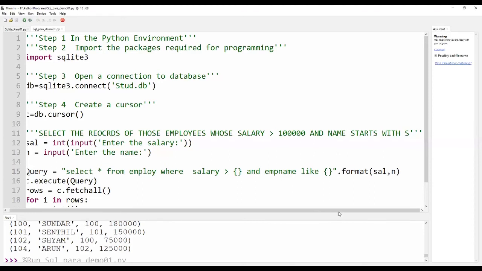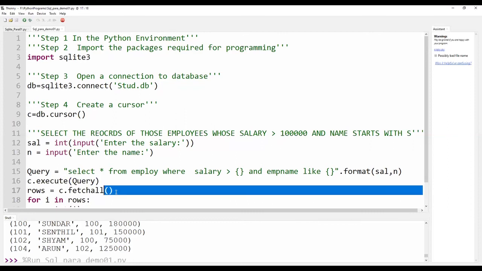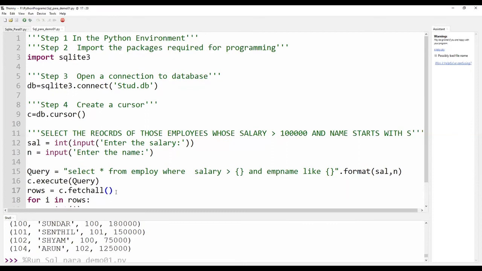Once I have done with the template, the next step is to execute the query. Once I have executed the query, the data will be in the cursor, so I have to fetch row by row. I am using c.fetchall, which fetches all the records, and the data gets stored in a list.